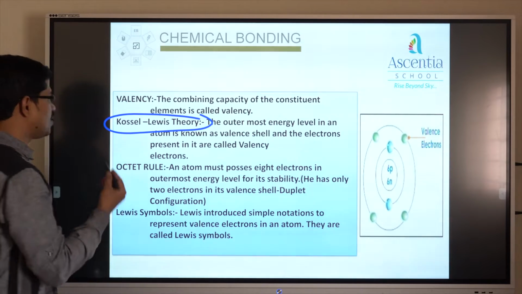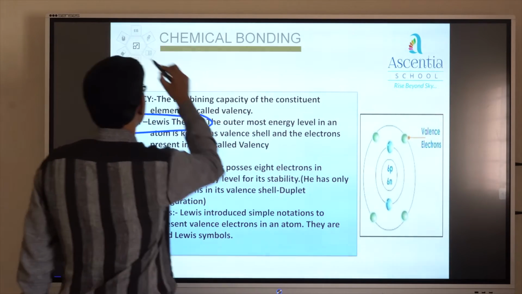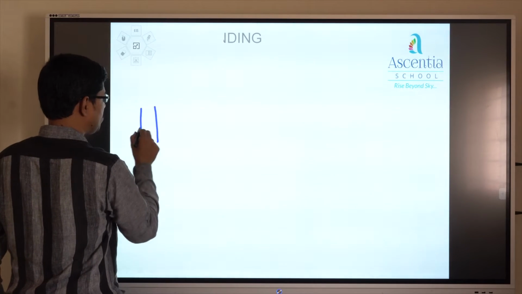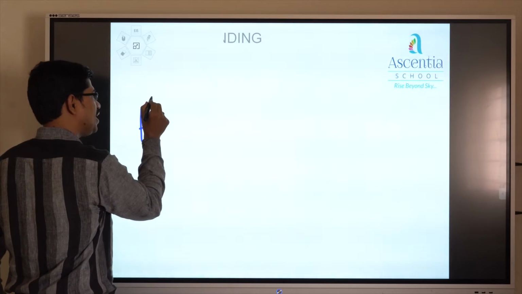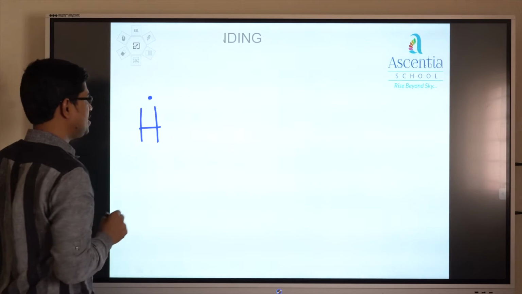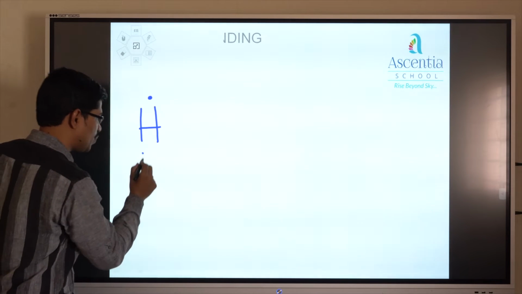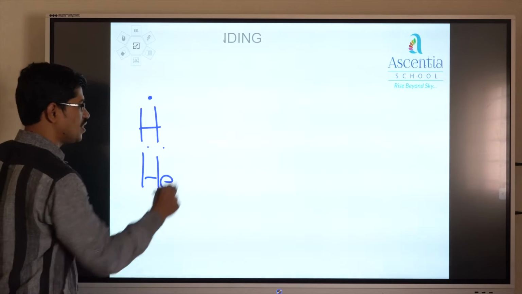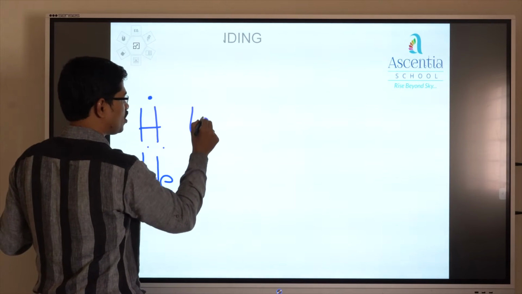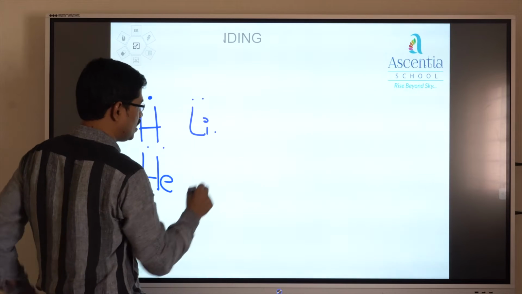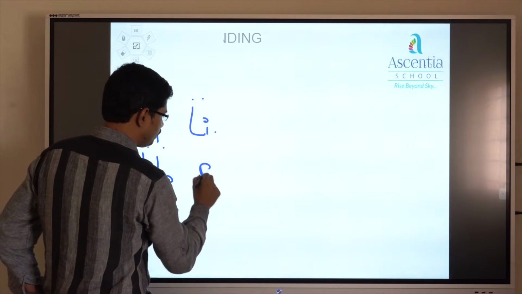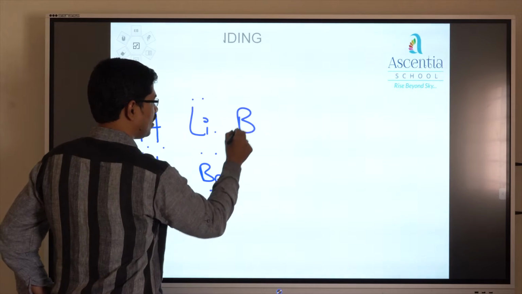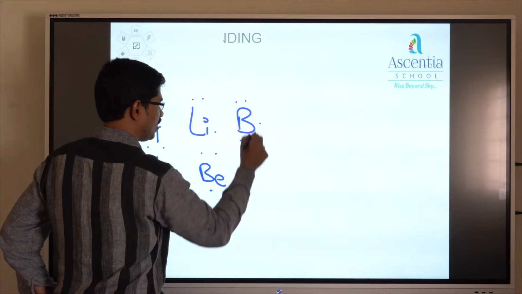For example, hydrogen. If you consider hydrogen, how can it be written? Hydrogen can be written as 1. Hydrogen atomic number is 1, and he represented that 1 electron by this structure. This is called Lewis structures. Hydrogen 1; helium, 2 electrons are present, 2 dots. Lithium, there are 3 electrons present, 1, 2 and 3. Similarly, beryllium, 4 electrons, 1, 2, 3, 4. Boron, 5 electrons, 1, 2, 3, 4 and 5. Carbon,